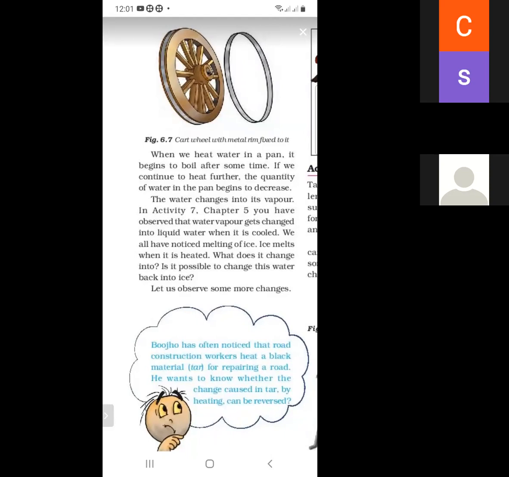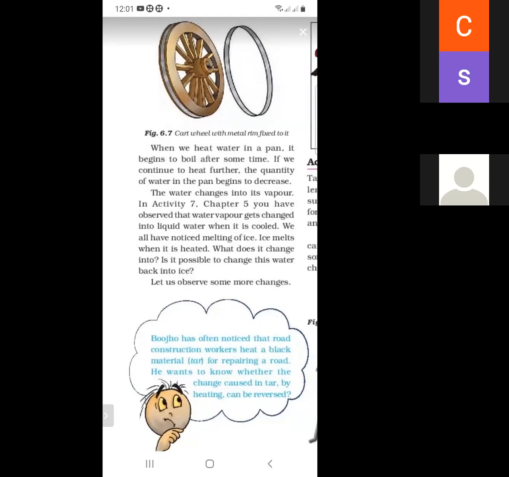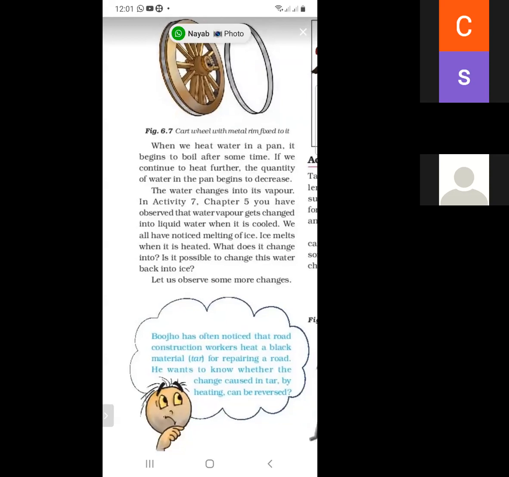Bhujo has often noticed that road construction workers heat a black material for repairing a road, and he wants to know whether the change caused in it by heating can be reversed.